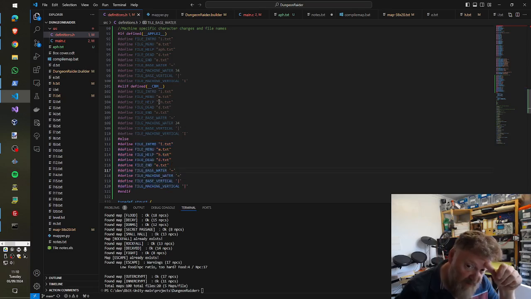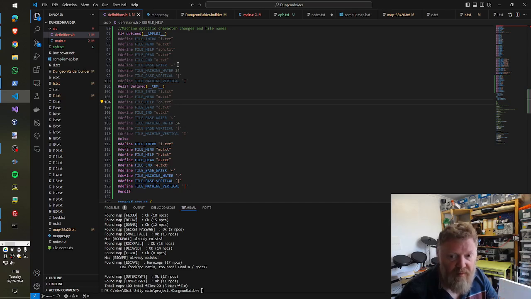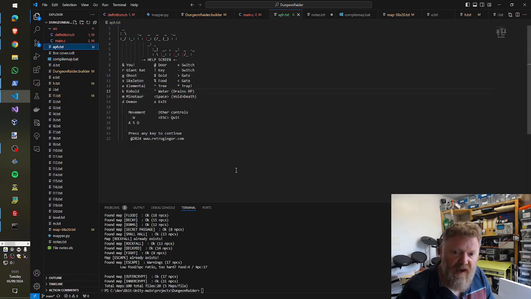If not, then it will go to the specific version. So this will be the Commodore version of help, the Apple version of help. So yeah, it's just a little bit of a weird thing. I wanted to make sure that the baseline respected standard ASCII, and on the fly it'll adapt this. Well, it'll do it at compile time and on the fly, because it's compile time when it loads in the specific Apple version